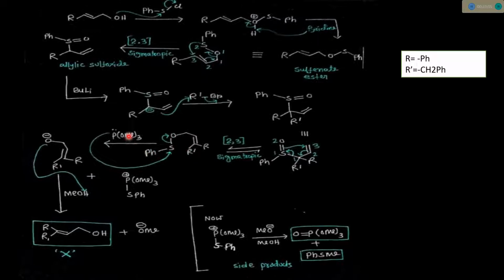Now this phosphite molecule attacks this sulfur to release this anion. Now this anion will abstract one hydrogen from the solvent to form this kind of allylic alcohol and O minus, and this OMe reacts with this intermediate, this phosphonium salt, to release a